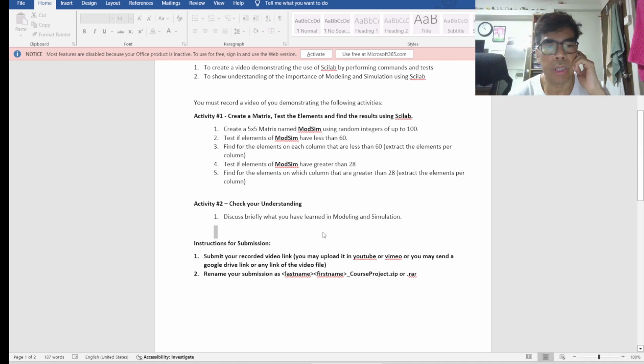Then, number 4, test if elements of ModSim are greater than 28. So, same.